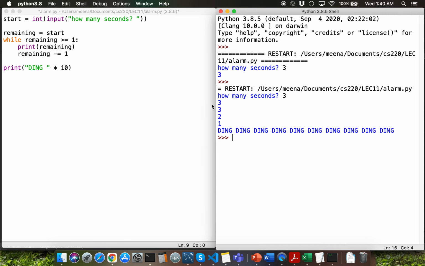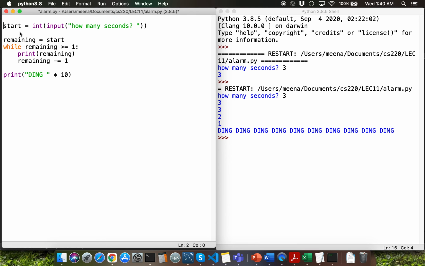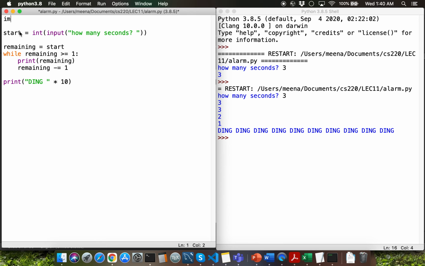Let's learn about the time module sleep function, which will enable us to sleep the program. Recall that we already covered the time module time function, which enables you to get the current time. I'm going to import the time module using the import space module style. If I use this particular import style, I'll have to use the format module name dot function call to call that particular function.